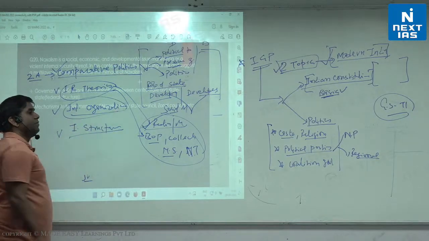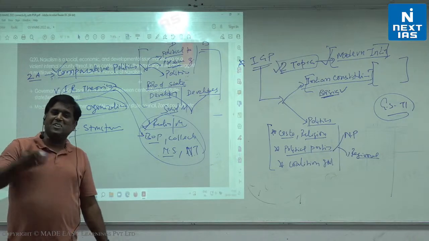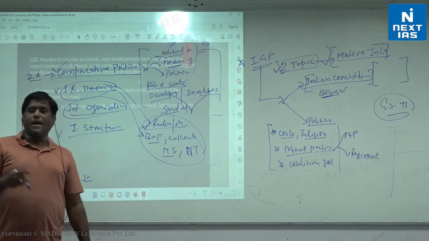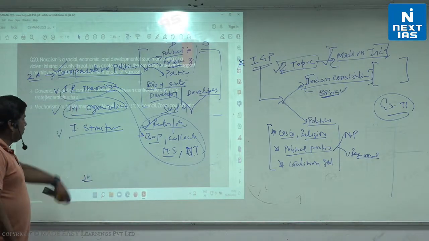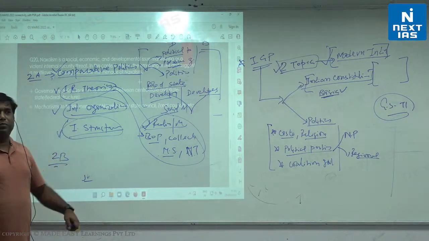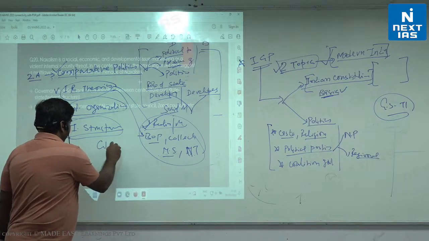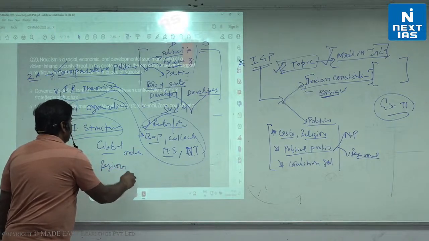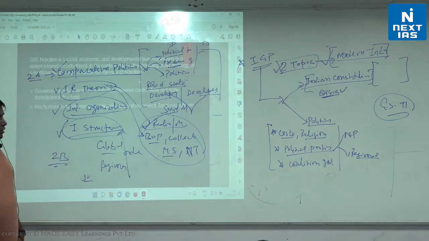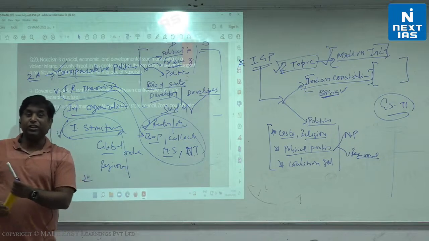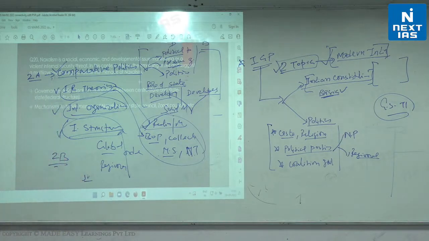International organizations are given as three: United Nations, WTO, IMF and World Bank. Apart from that, among regional organizations, there is ASEAN and SAARC, which you have to read again in 2B. International structure is very interesting. For example, global order and regional order, that is related to international structure. So can we say that in post-COVID, this global order is changing or transforming? Can we say China is emerging as a new power over there?